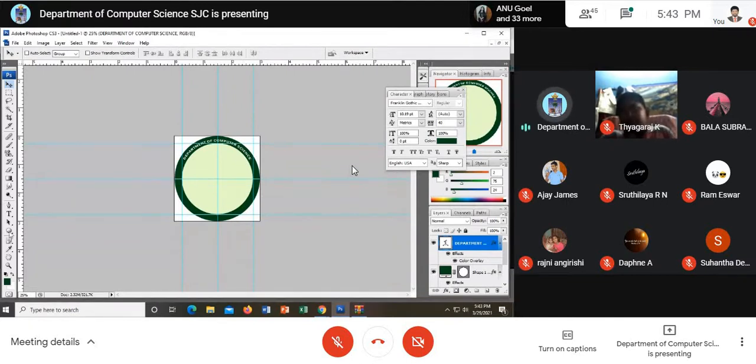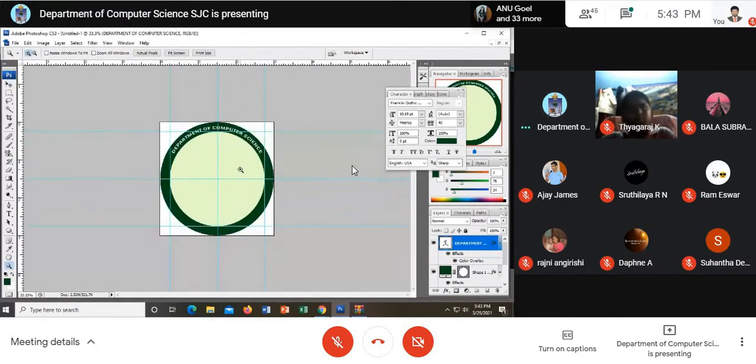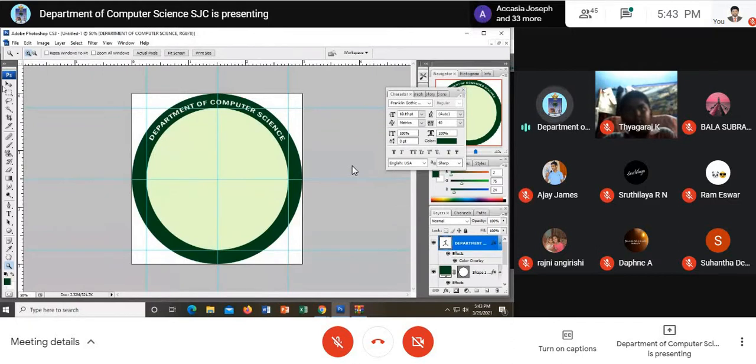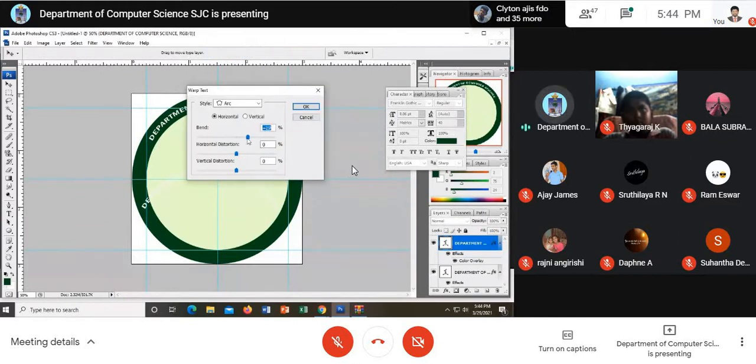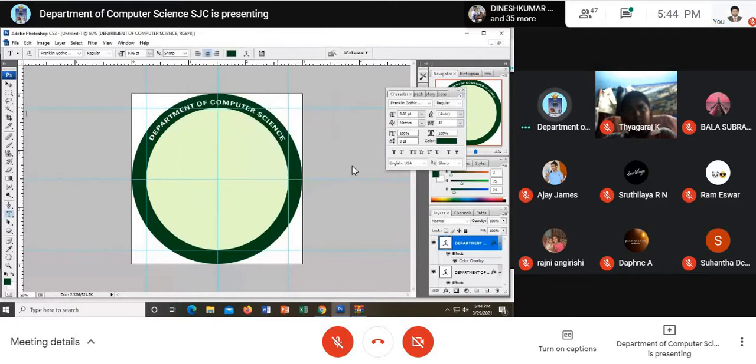I want to have the same at the bottom, maybe with different text. I just take the same. There is a text available, but I want to change it. Before that, I want to bring it to the bottom. I click here, and now vice versa. I have taken it this side. Now take this. See here, I've got it.